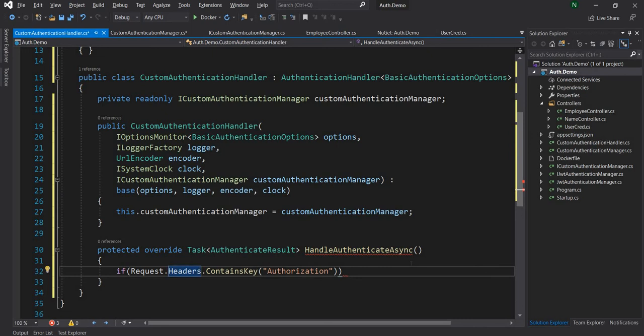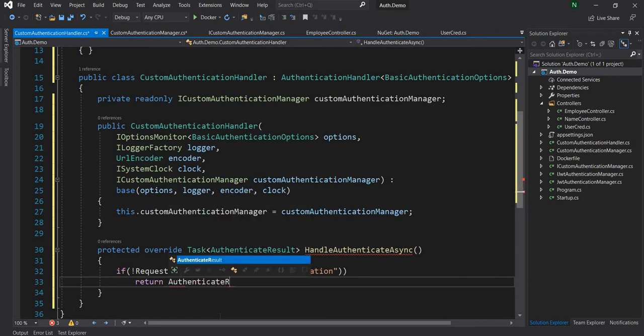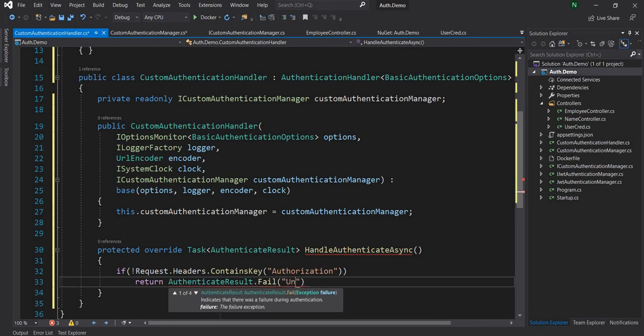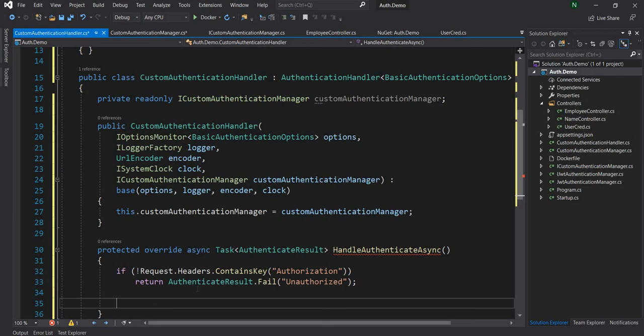And if it doesn't contain it, then we are going to return an AuthenticateResult.Fail with the unauthorized message. Now once this is done, the next thing we have to make sure is that the authorization header actually has a value. For that, we'll take the value out. So we'll say